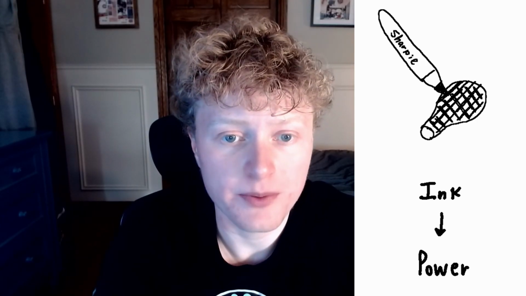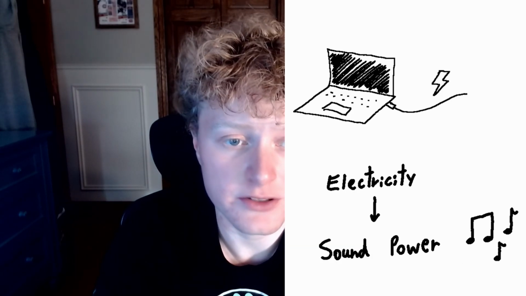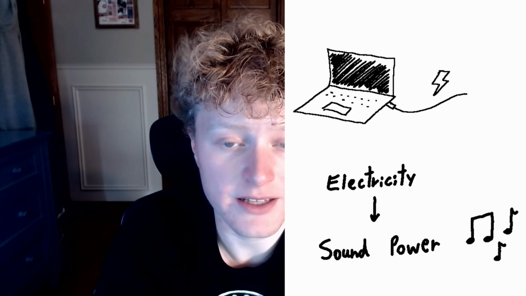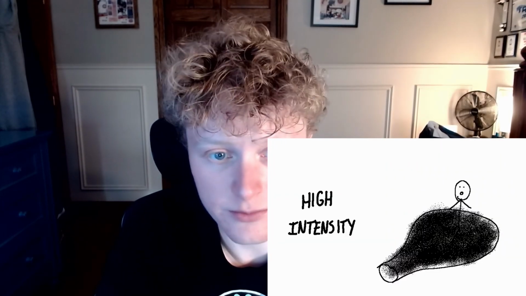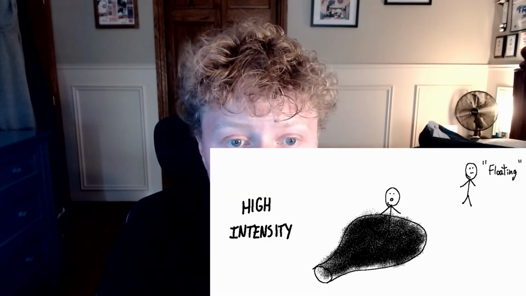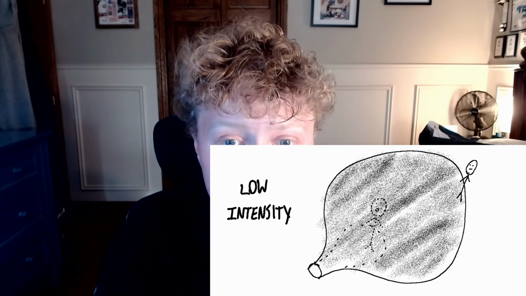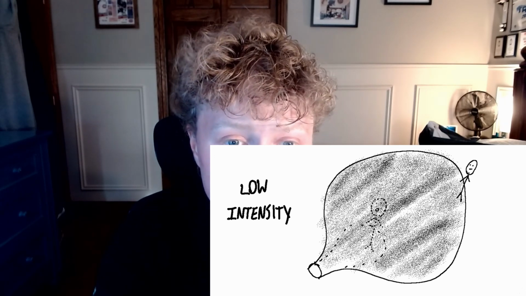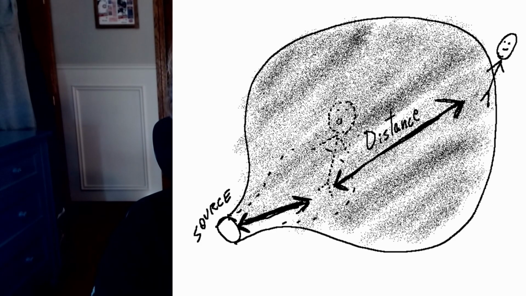Let's say when I was putting Sharpie ink on the balloon, it's like charging my laptop with electricity. The moment I start blowing the balloon, it's like I click the play button on my favorite song. If I put a tiny person walking along the surface of the balloon at this moment, he is basically bathing in some deep, concentrated Sharpie ink. But for a person floating in the air a couple centimeters away, when the balloon reaches him, it's more like a Sharpie ink puddle he found himself in. In both cases, the intensity of the sound was different at a specific point, because the area through which the sound spread became bigger. As you could tell, the person floating in the air was at a further distance from the original sound source, therefore sound intensity depends on the distance separating a listener from a sound source.